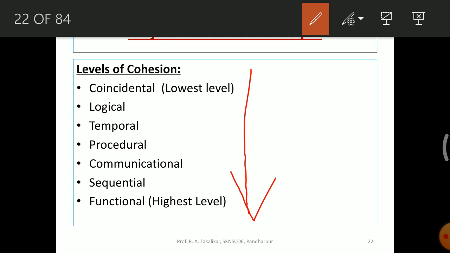So you should prefer functional cohesion, because it has elements which are highly associated or related with each other. That means all the elements within the module have the same aim of performing a particular task. That is the reason they have the same reason to be part of a particular module.